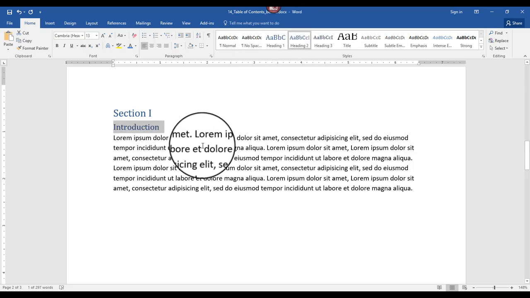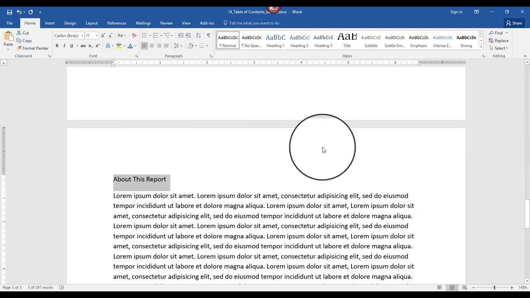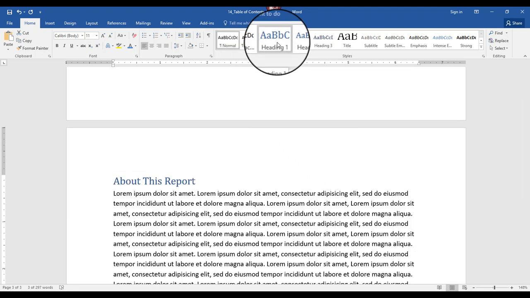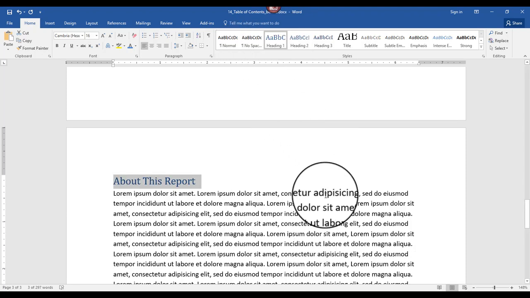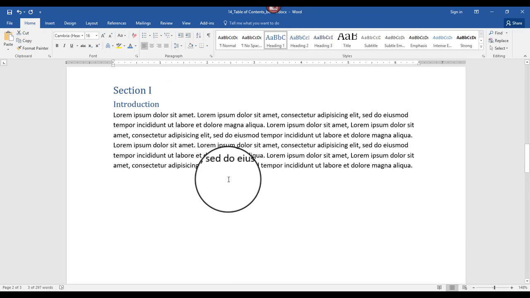And then on page 2, I'm going to select about this report, and I would like that to be the first level in my table of contents. So I'm going to select heading 1. Okay, so just for now, I'm going to use just the couple pages that I have and generate a table of contents. So to include a table of contents, the first thing you want to do is move to the